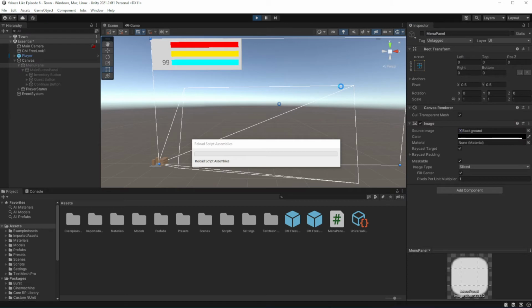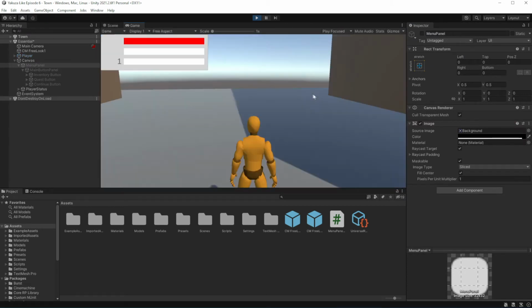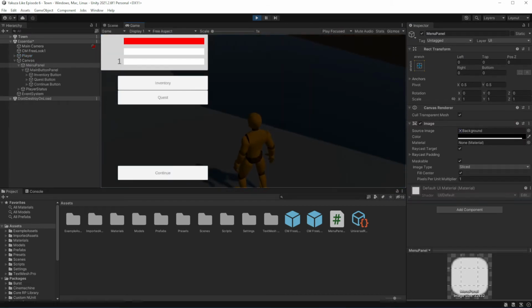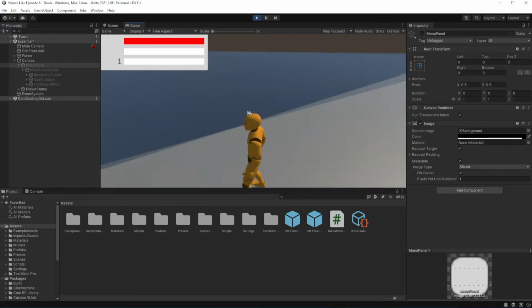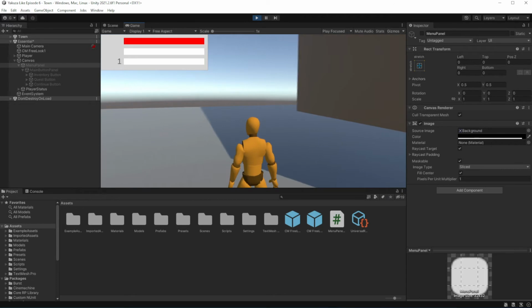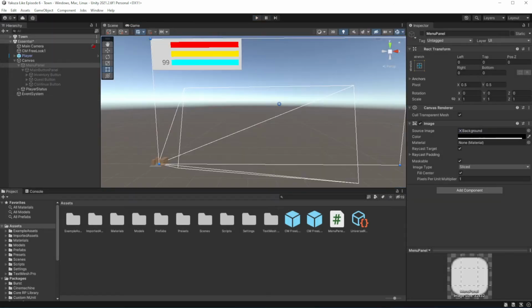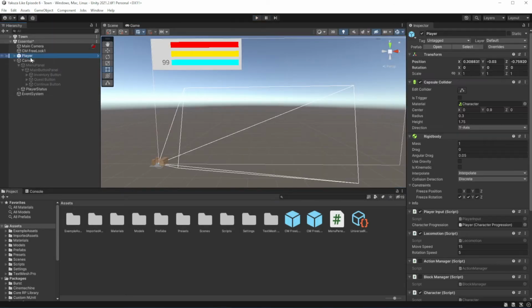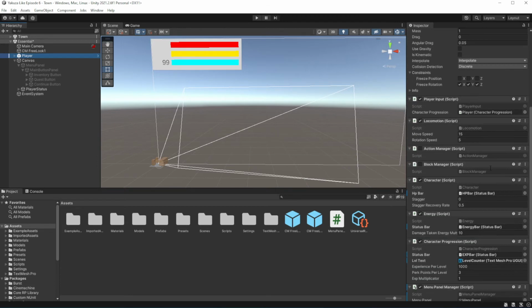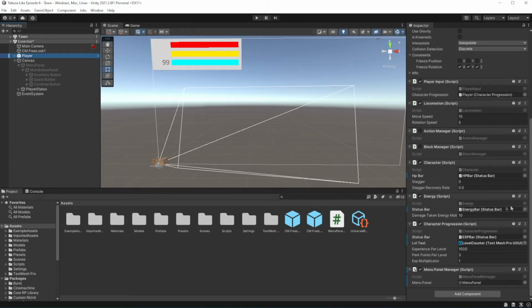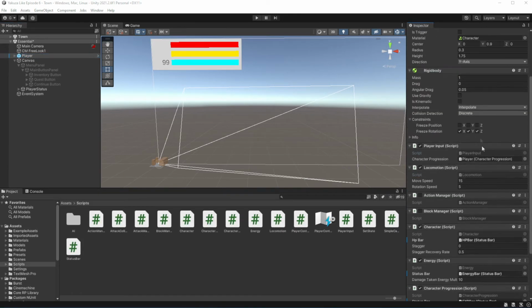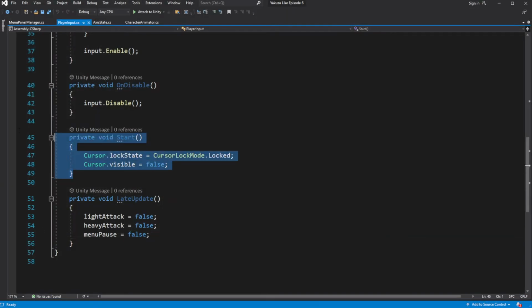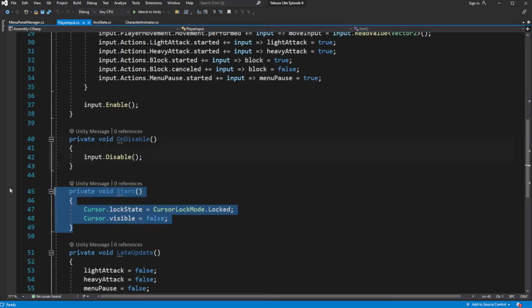If we launch the game right now, there will be an issue. We can't click on the menu, because our mouse pointer is confined and hidden when we are exploring, and we are not showing the pointer after we open the menu. So what we want to do, when the menu is opening, is set the pointer to be active, and when we are closing the menu, set it inactive.